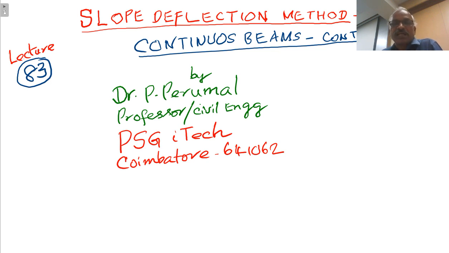Now, in this lecture, we will take up another example, namely a propped cantilever. Propped cantilever is a very simple example, but still you must be able to do any type of problem. Actually, for doing a problem on a propped cantilever, we can use other methods, but still, how the concept of the slope deflection method is applied for propped cantilever, continuous beams and then portal frames, we will just do it step by step. Right, now we will take up the problem.